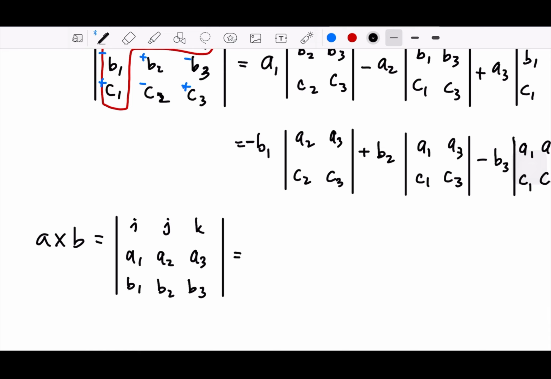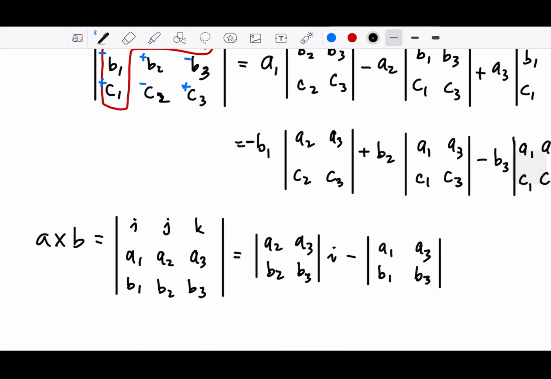And this is perfectly giving you A2, A3, B2, B3. This is I. And minus A1, B1, A3, B3 for J, and plus